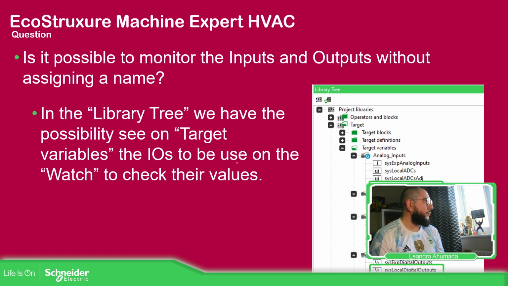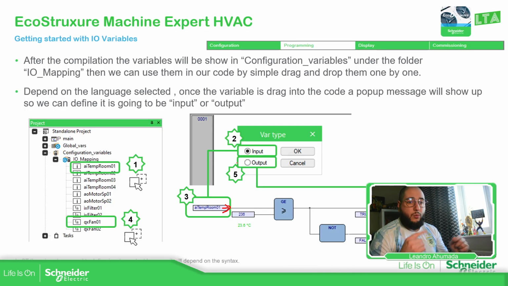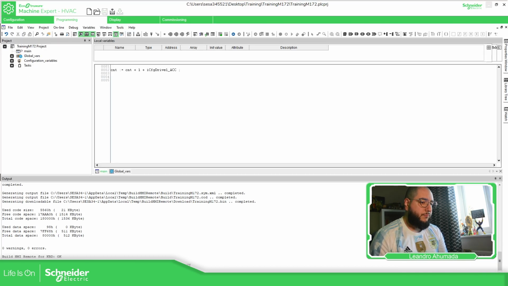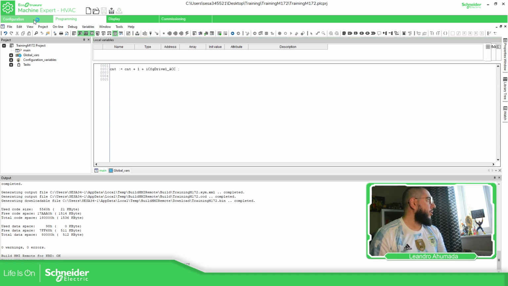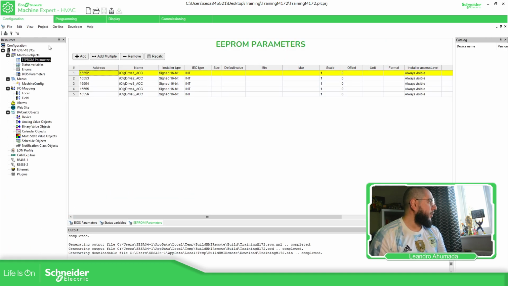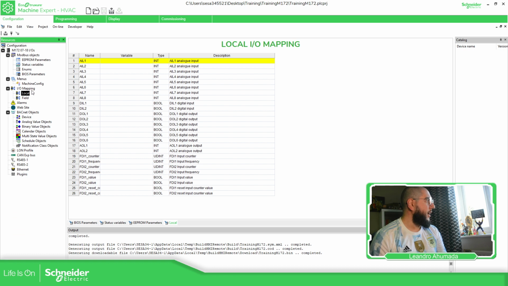So now, before doing this, let's try to replicate this part of the software so you know that I'm not lying to you. We just need to go to configuration. In the configuration part, you have the IO mapping. We just have local. So for example, I'm going to use this one as a